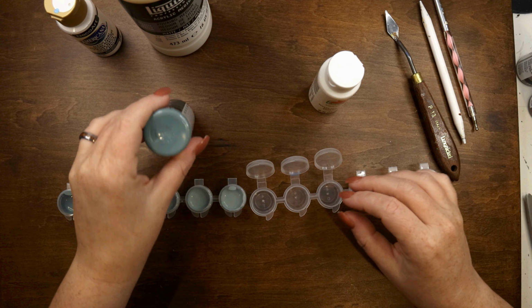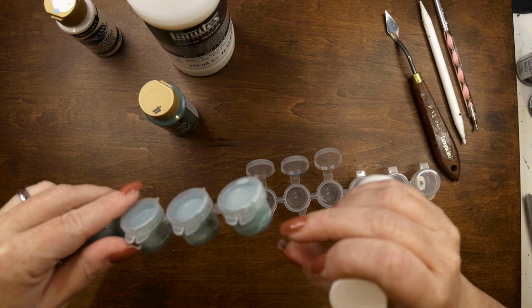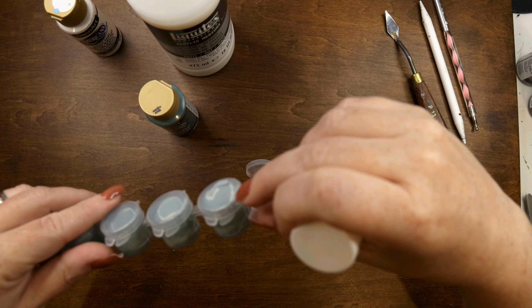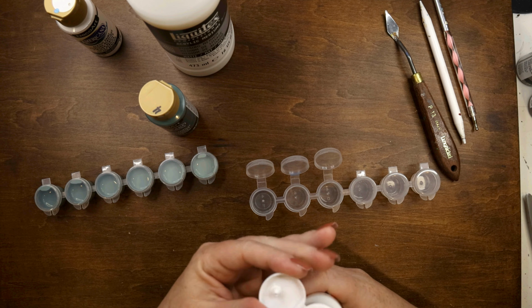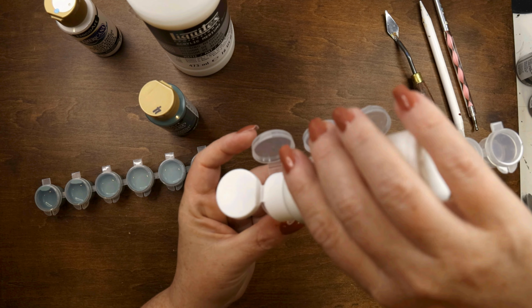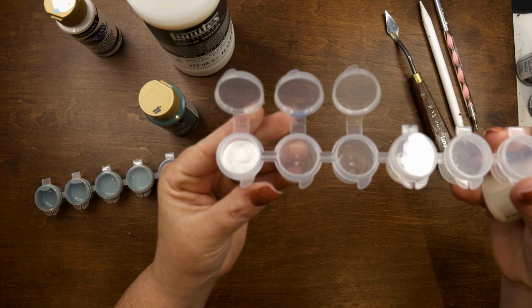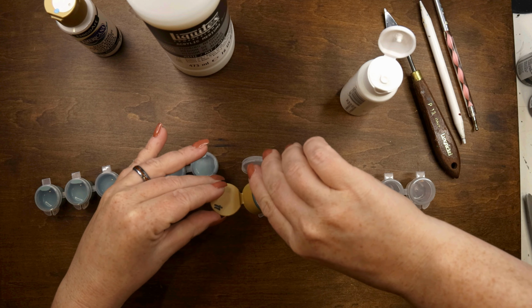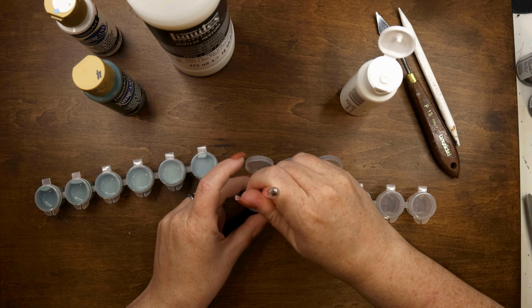So what I'm going to do, and I also have to keep in mind I'm adding my pouring medium too, and that's why I only did a quarter of the paint, because technically half of the container should be paint and half should be pouring medium to get the right consistency. At least for a 5mm, it's half and half. That's 1 part paint and 1 part pouring medium. So for this one, I'm really just going to do a quarter of white, all right? And then I'm going to drop in a few drops of my thicket, like so. And then I'm going to mix this one together just to see where I'm at,